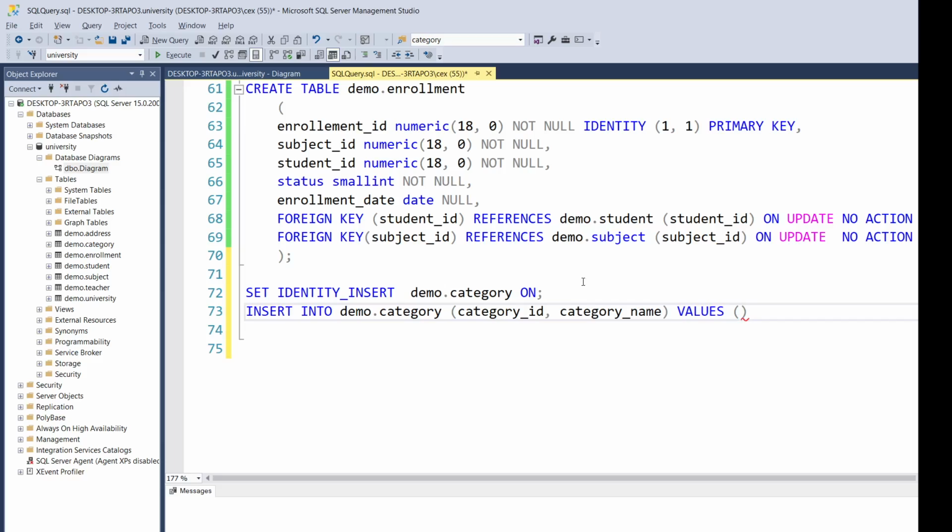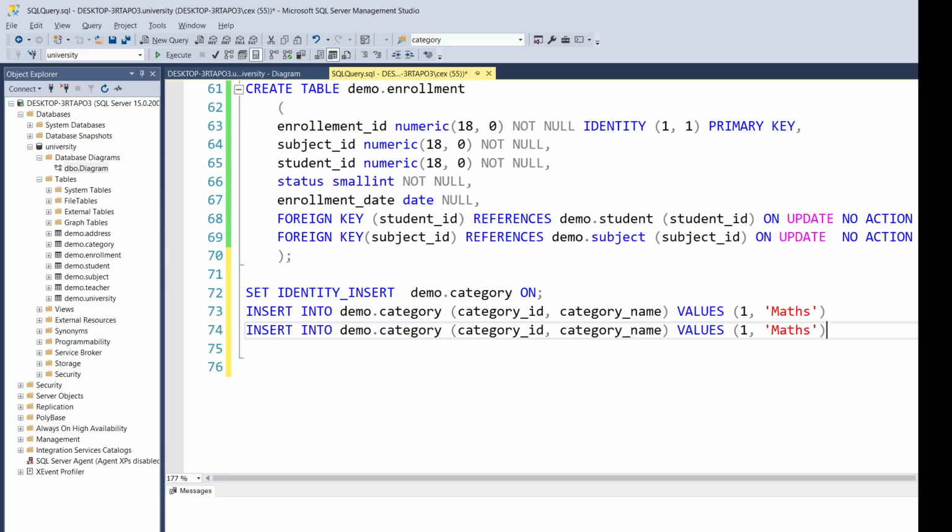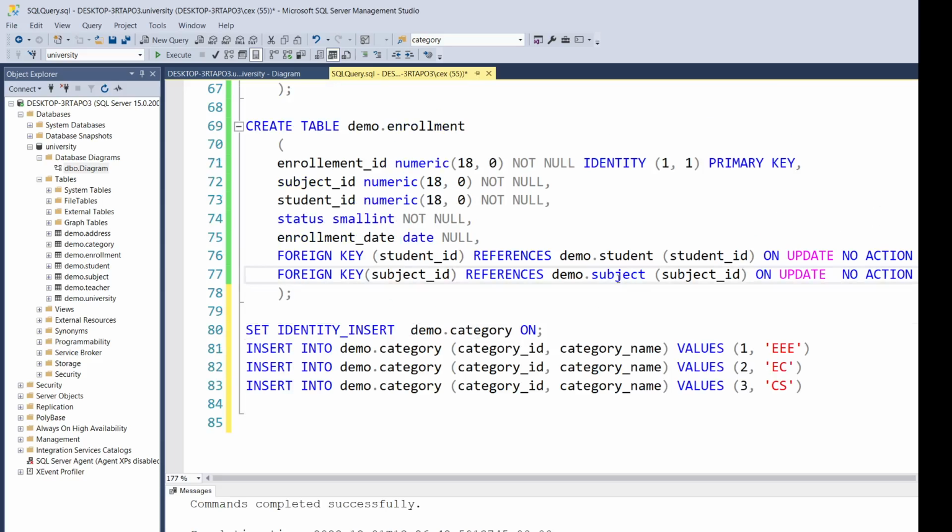For example, if I want to insert one, and the category I want to say as max, this is my value. Likewise, I'll give another value. My bad. And under category name, it should be a department. For example, in engineering, we can mention electrical electronic engineering, or electronic communication engineering, or computer science, for example. If I have planned to insert all three records,